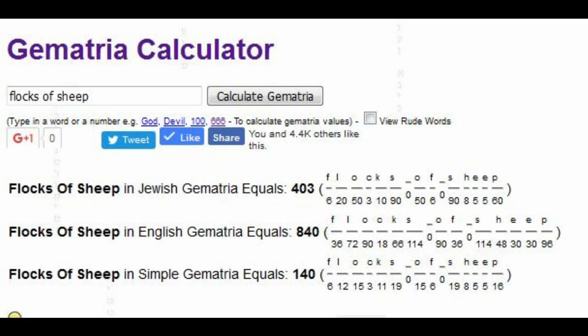Now, if flocks of sheep matched Donald Trump, that would be millions to one, because think of every word and every phrase combination out there. There's millions of them, and for it to come back and match something that makes any sense at all